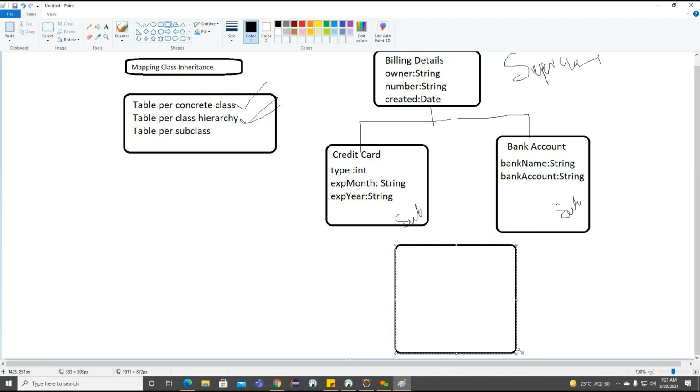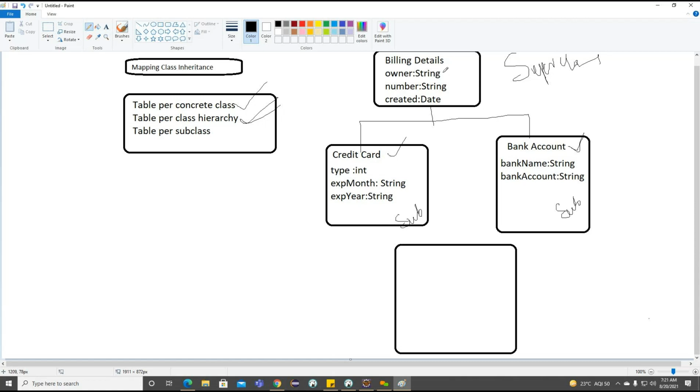This mapping strategy offers both performance and simplicity, because we are going to connect to only one table. Based on this ID, we'll try to find some information. If we want to find the credit card information, then whenever we are finding the credit card information, we'll get the bank account details as well, because we can store only one kind of details here. Either we can go for the credit card or we can go for the bank account. Getting the point.